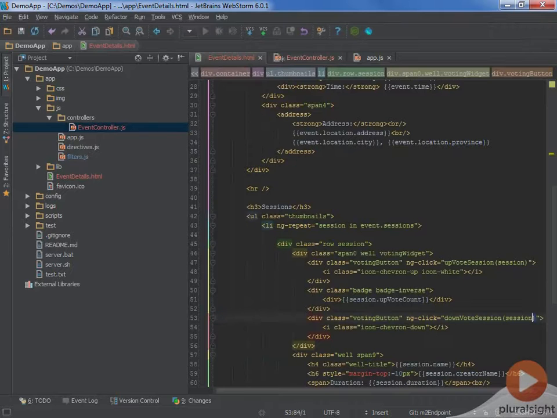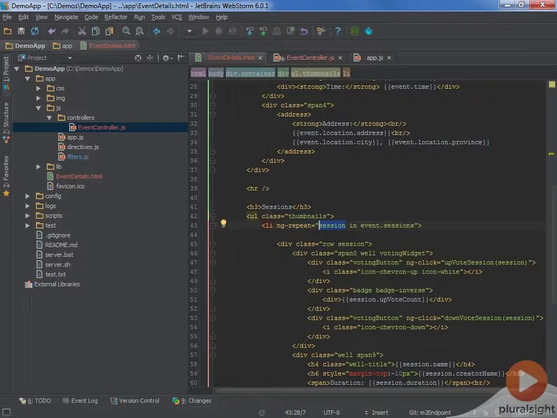What Angular is doing right here, when we call this method, is it's going to call that method for us whenever we click. And it's going to pass in the session. Well, what's the session? Well, that's defined right up here. The session object inside of the current session. So Angular is actually matching up with sections of HTML the session that belongs to that section. That way we can refer to the session itself rather than having to do something silly like putting the session ID on the data attribute and then looking it up